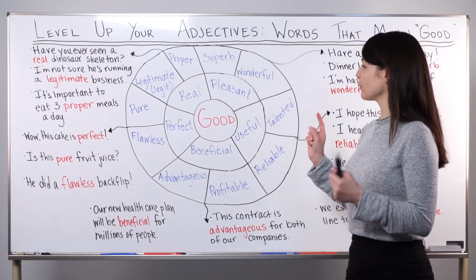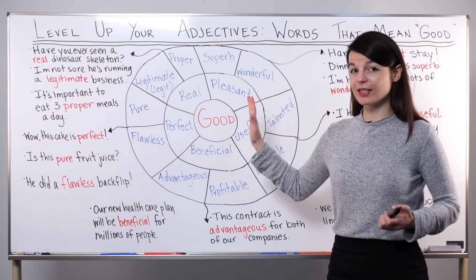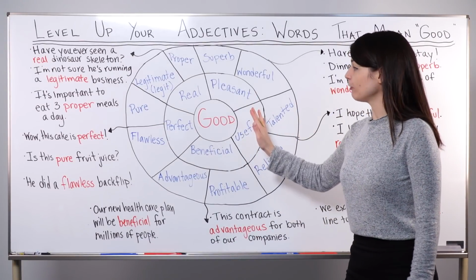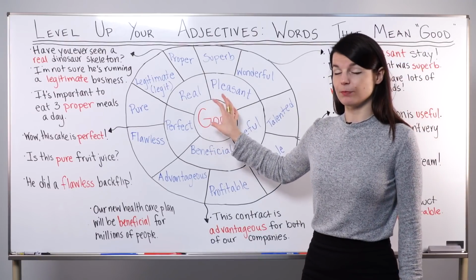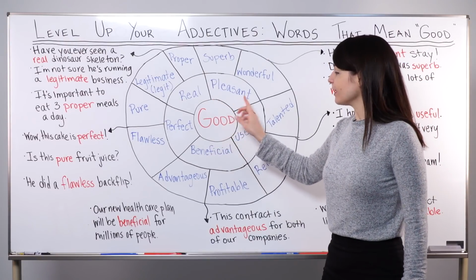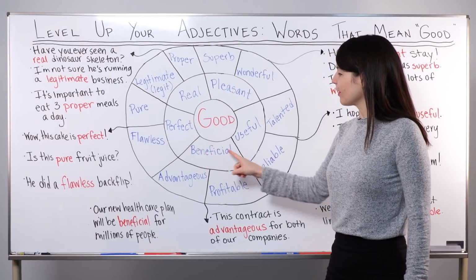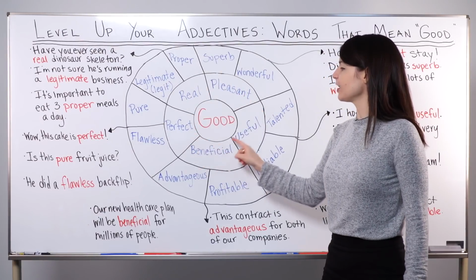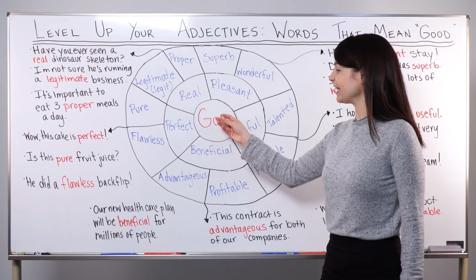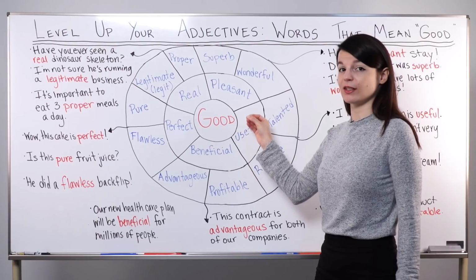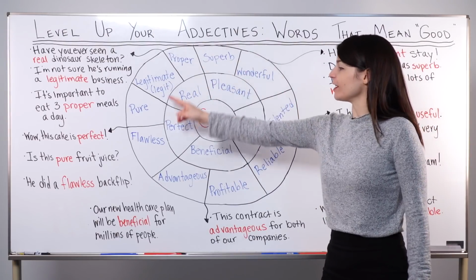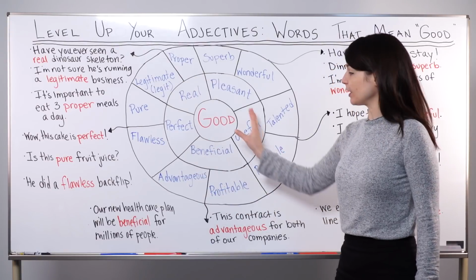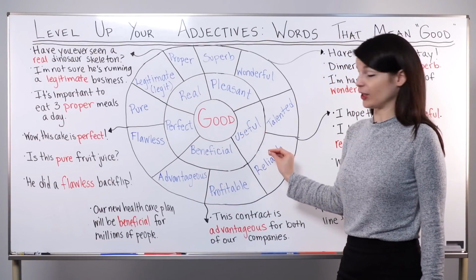For this lesson, I'm going to use what's called an adjective wheel. So the layout for this is our base adjective is in the middle of the wheel, in this case, good. And in the next layer, there are additional adjectives that have a slightly deeper meaning than just good. Finally, on the outermost layer, on this outside layer of the wheel, there are even more specific adjectives.